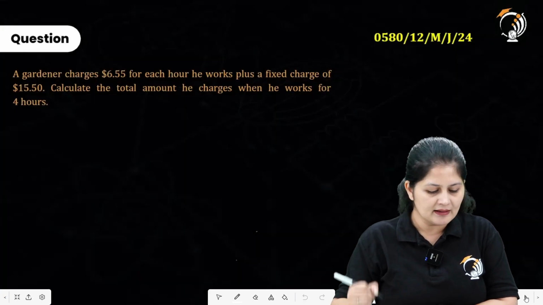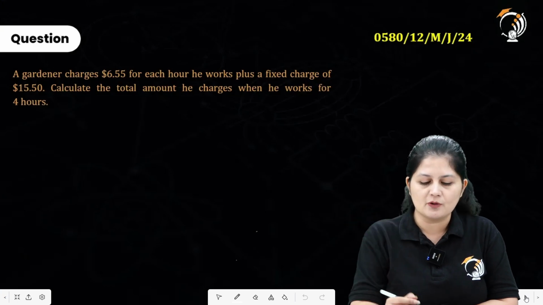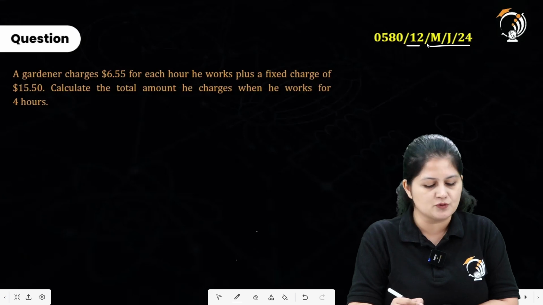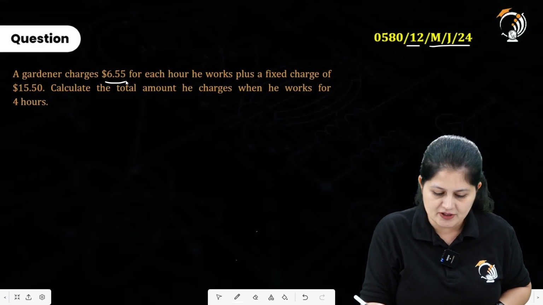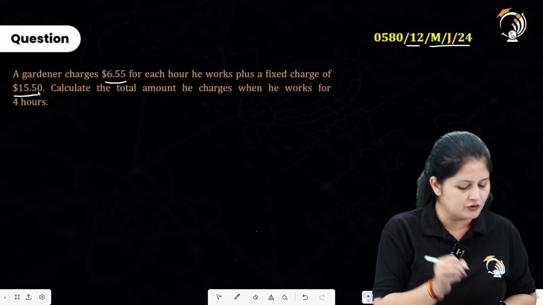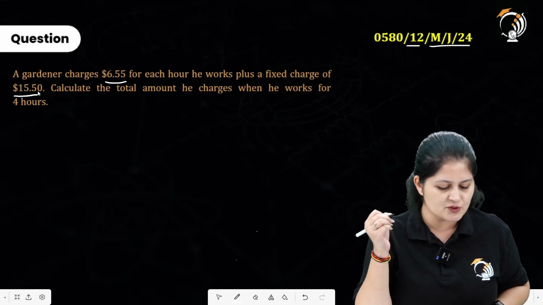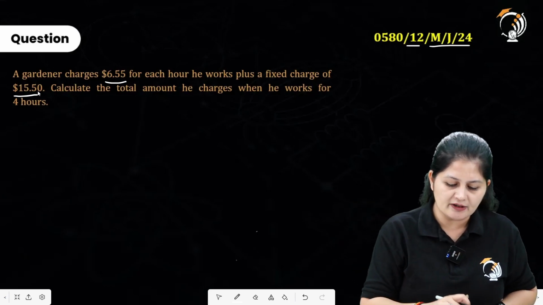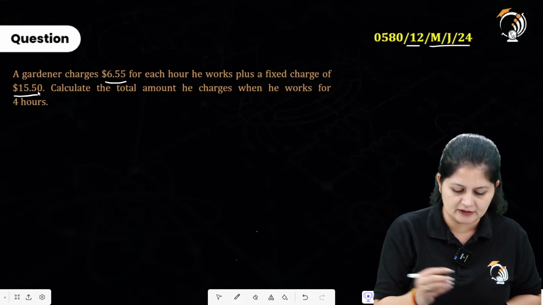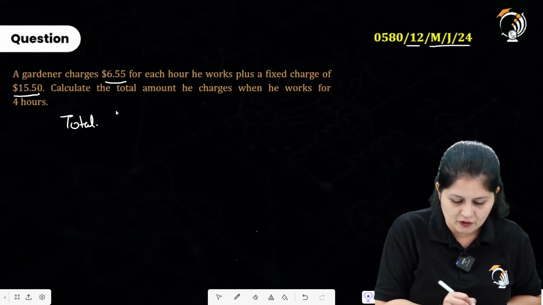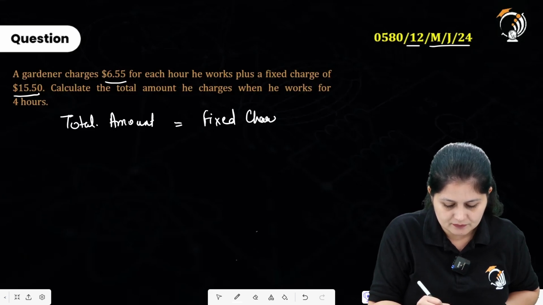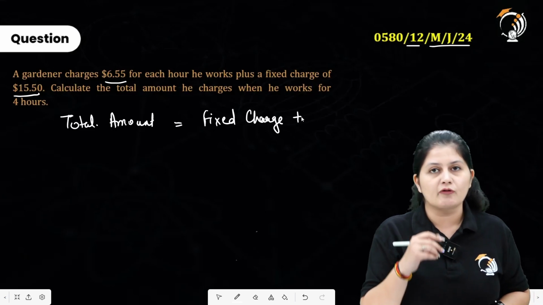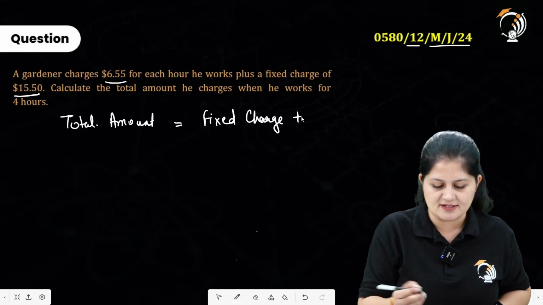Okay. Moving to the next question, which is a previous year question from the paper of May-June 24 from the variant 1-2. A gardener charges $6.55 for each hour he works plus a fixed charge of $15.50. Calculate the total amount he charges when he works for 4 hours. So here, let's see how the total amount will be calculated. The total amount will be equal to the fixed charge, right, plus whatever the gardener is charging on the per hour basis,